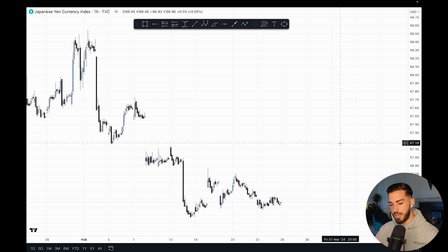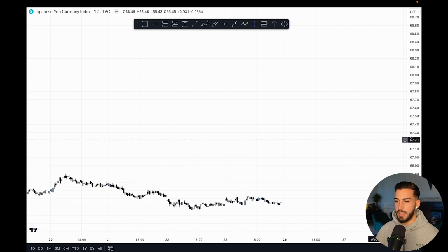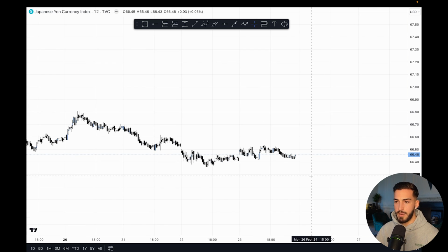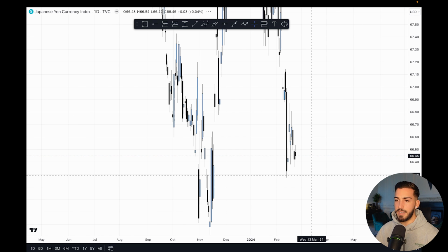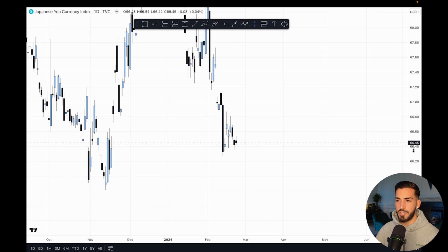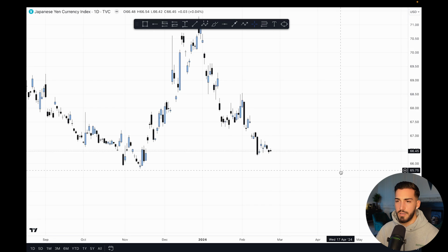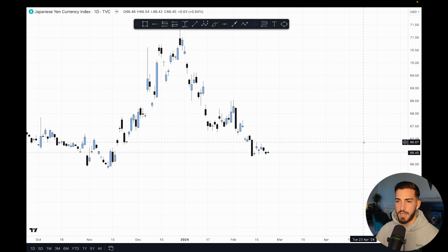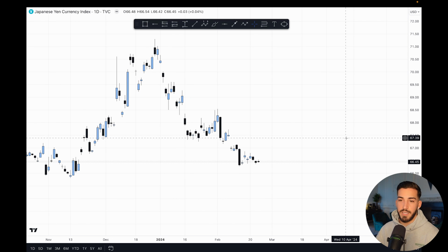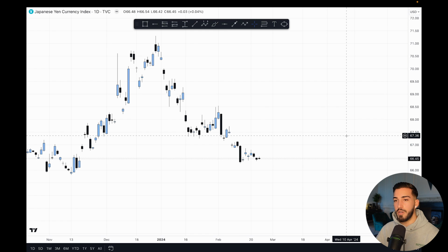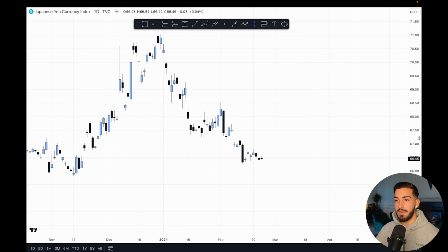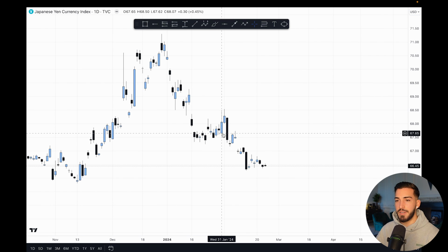So now we're on the Japanese yen index, and we're going to take a look at this from a higher time frame perspective. Let's look at the daily time frame. It's a little bit more messy, this chart, but let's take a look. The first thing that springs to mind when I look at this is, first of all, a mess. But with this one, we're just going to be looking at key levels really quickly. And the first thing that springs to mind is, since January, start of this year, we have